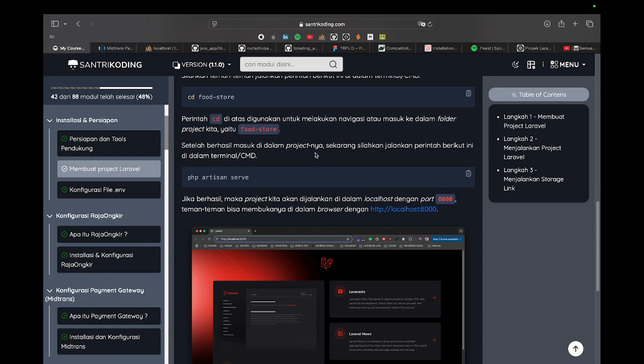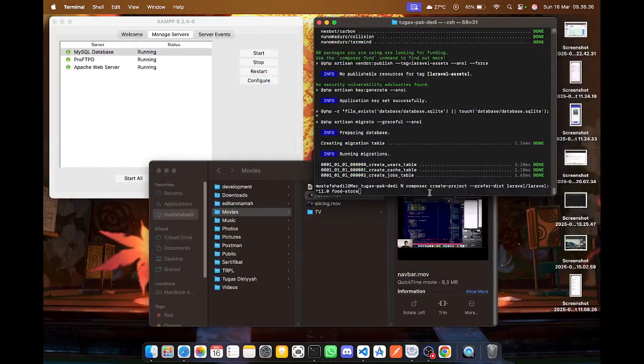After that you try to make Laravel run. Use php artisan serve, like this.